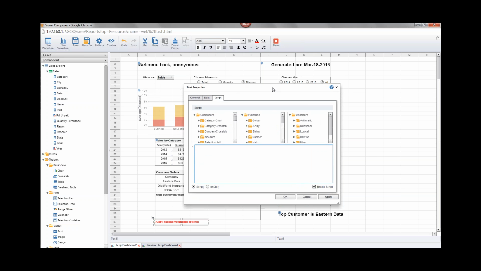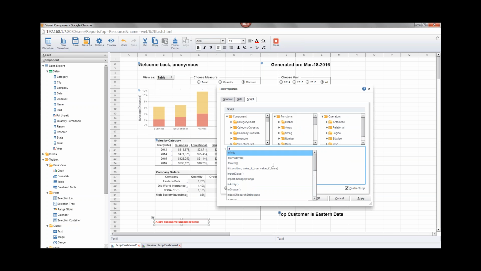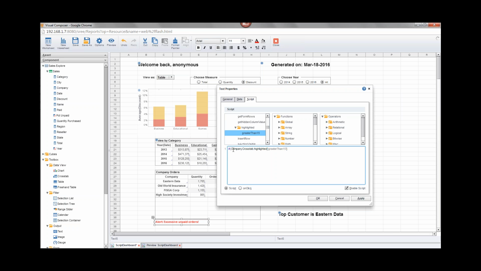And so this is what I'll write. I'll say if, and then the name of the table. So the table is company crosstab, right? And there should be a property in here called highlighted. Right, so here it is. You can see that it's actually a folder and it lists all the existing highlights, so this makes it easy. If I just click on that, it gives me the whole syntax. So if company crosstab dot highlighted greater than 15,